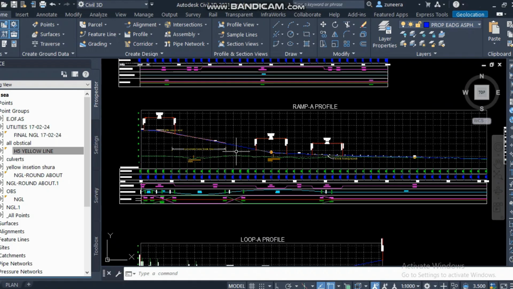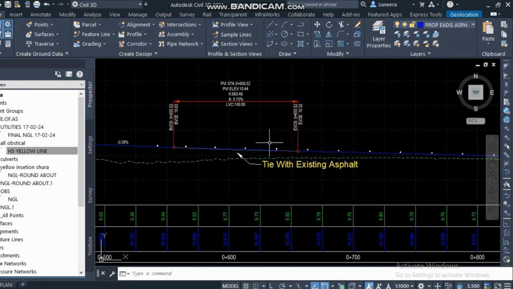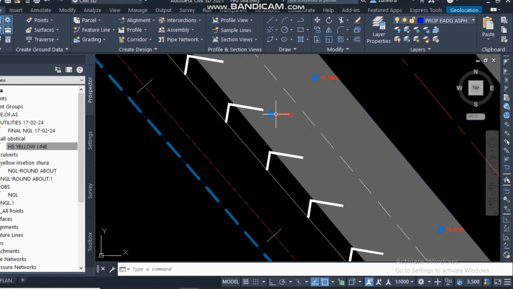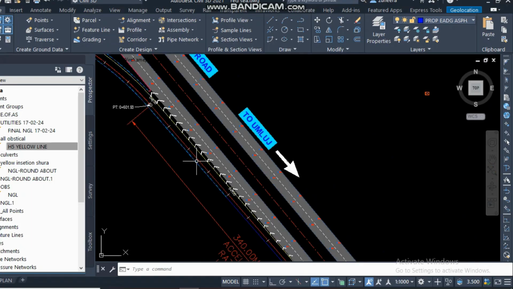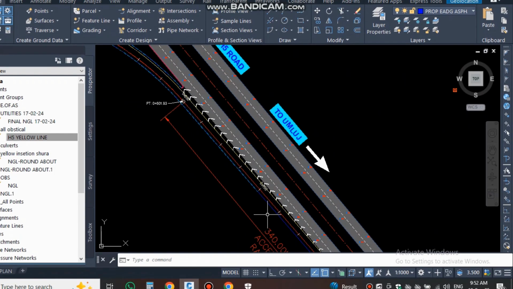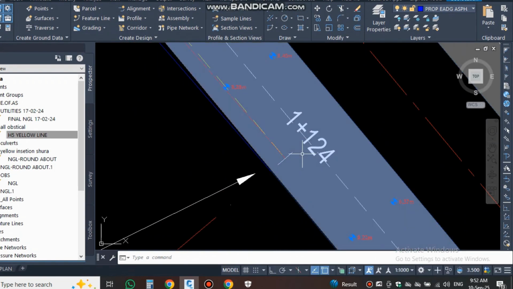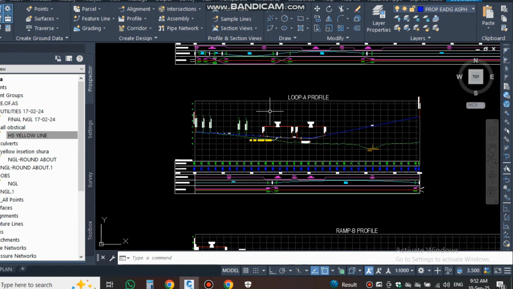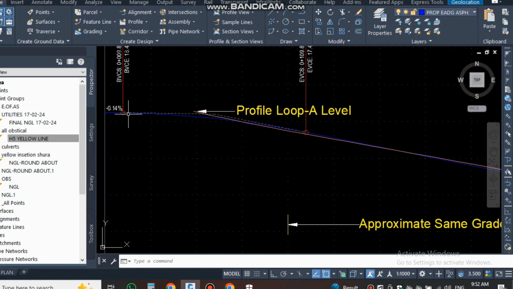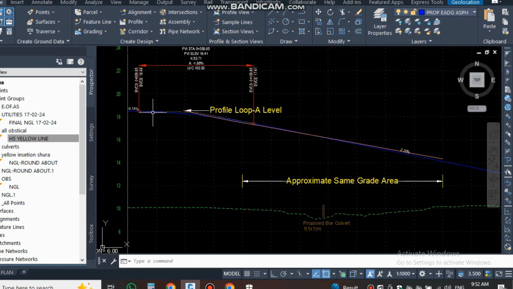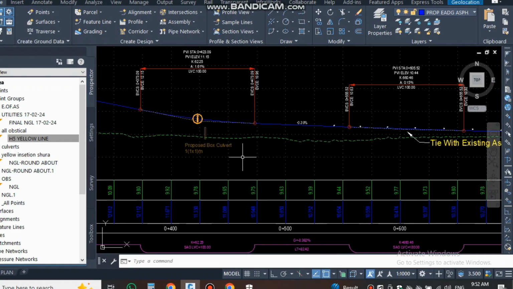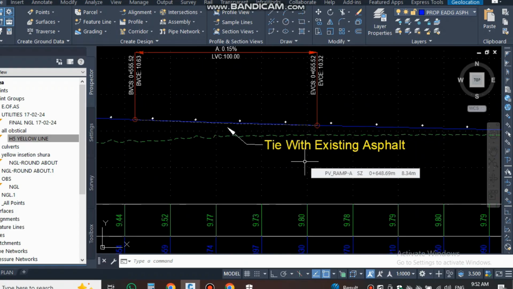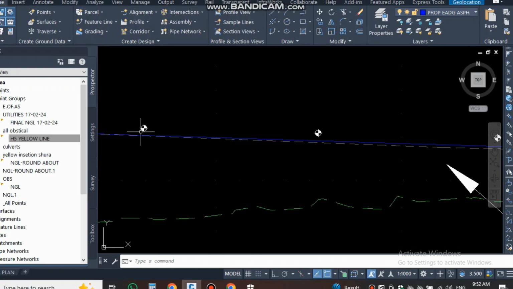For the other part, ramp A, I also put elevation. Ramp A will connect to the other side of the road. Here I already have the elevation, so I projected this side's elevation. The end of ramp A will be connected to the existing asphalt up to this whole area. So you will see here, from ramp A, from the top roundabout, it is going to connect here, tied with the existing asphalt. I tied here with the existing asphalt. As you can see here, I